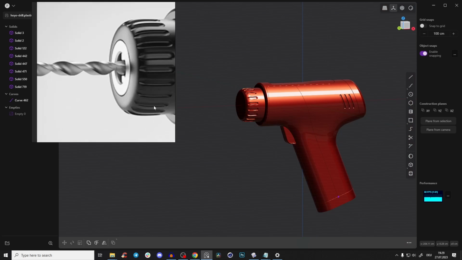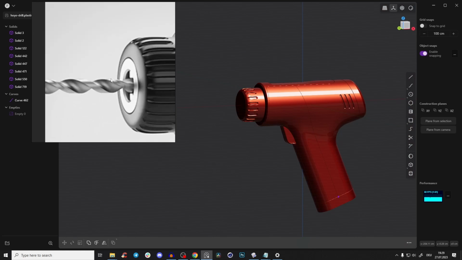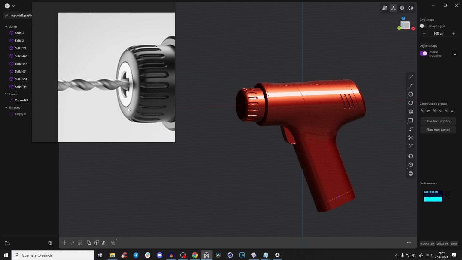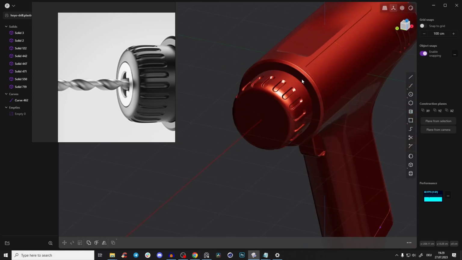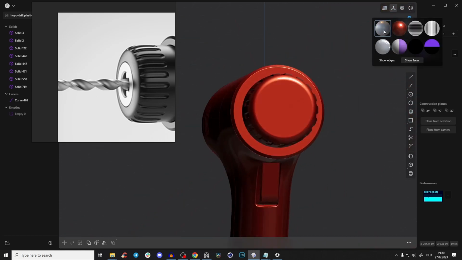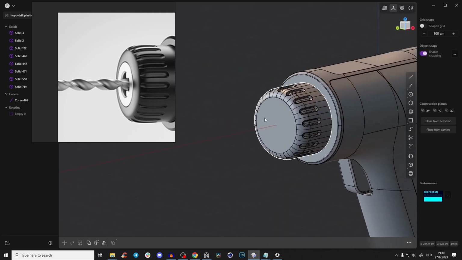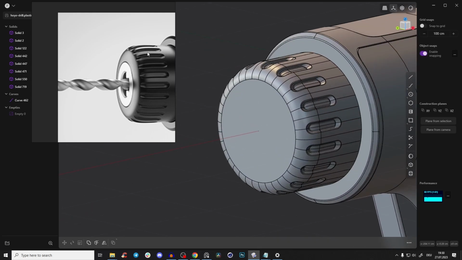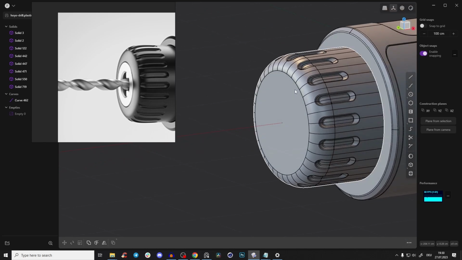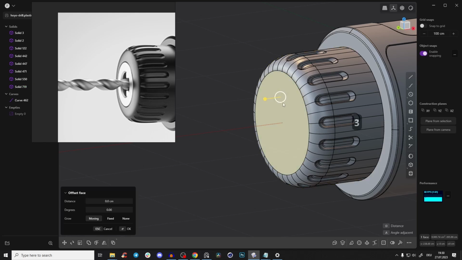So now let's go to the drill detail, and yeah, I will show you a really cool, interesting technique that I found out how to create a drill. And yeah, first of all, let's create here some of those additional little details. So select that face,